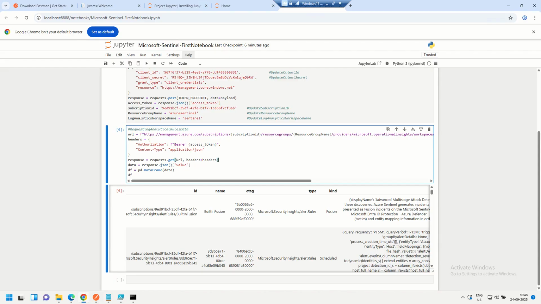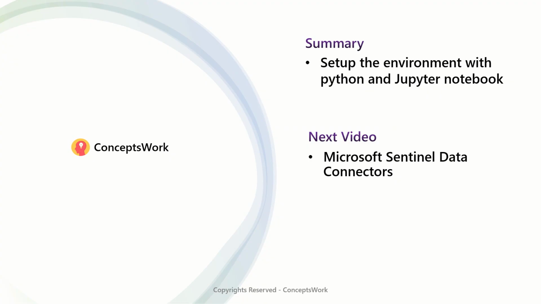Okay, so this was all about knowing how to prepare your machine to access the Microsoft Sentinel API through Python. In the next video, I'm going to get started with accessing data connector information or data connector data